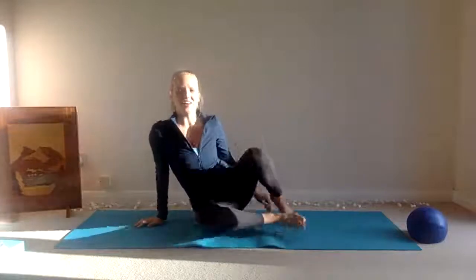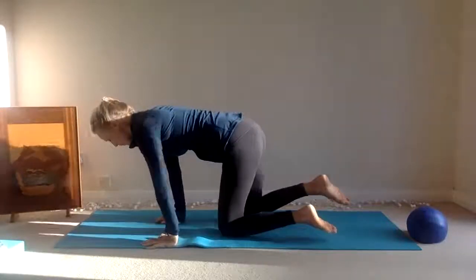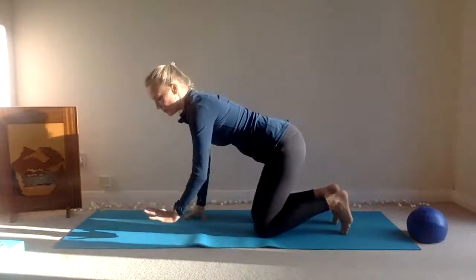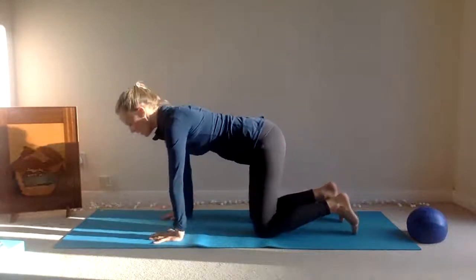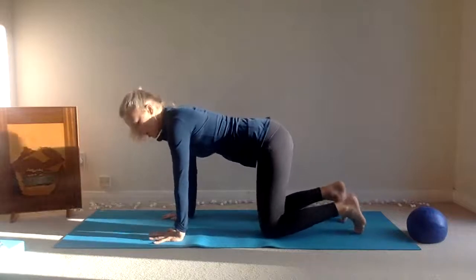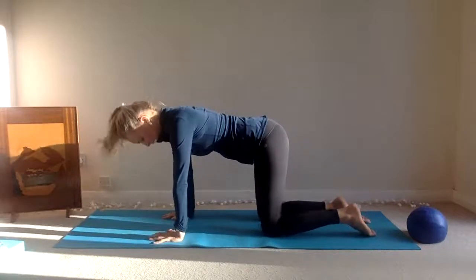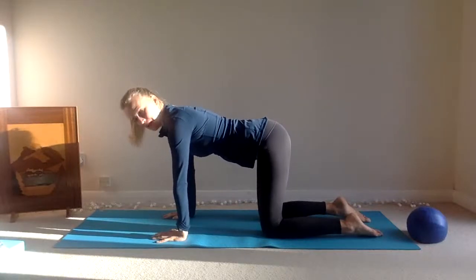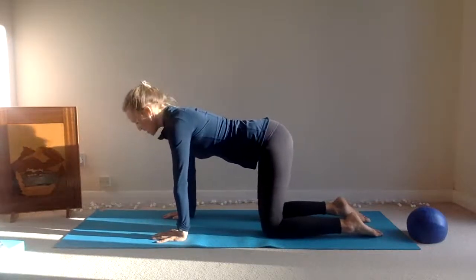Okay, so let's find our kneeling position to start with. So I'd like you to bring yourself into 4-point kneeling. So you have your hands directly underneath your shoulders, lots of space between your fingers, and your knees directly underneath your hips. So we're going to try and press the mat away so you're really strong and stable through your